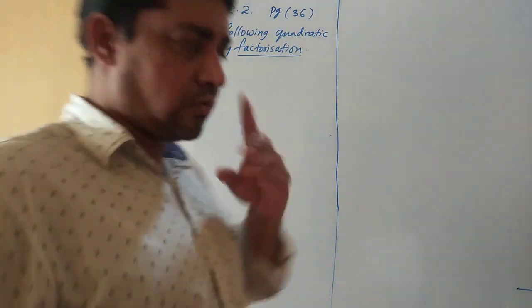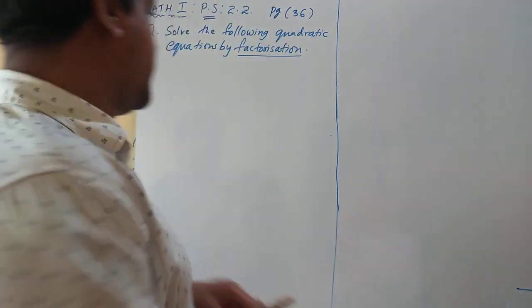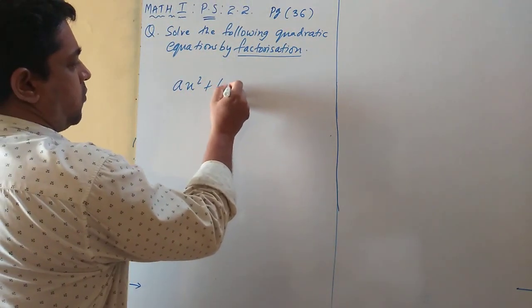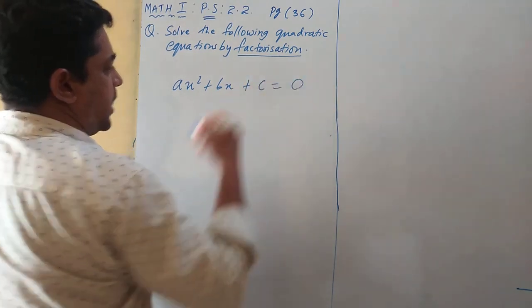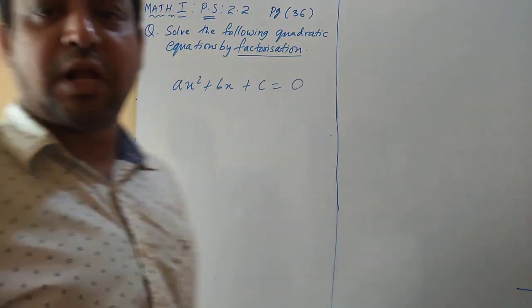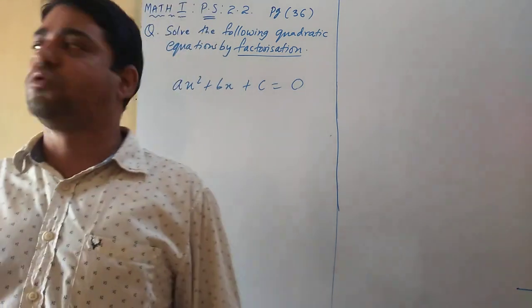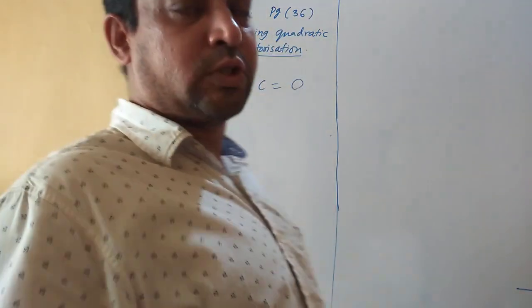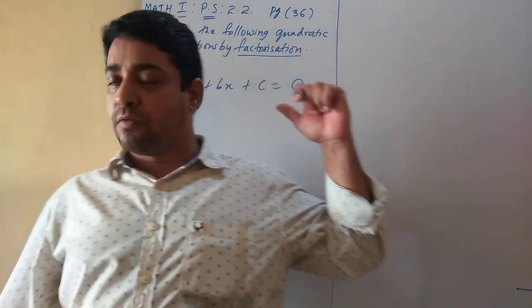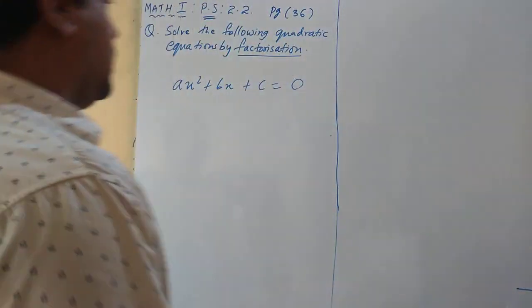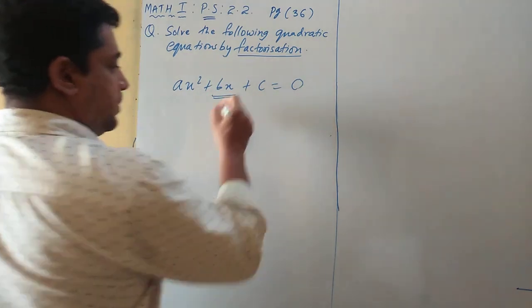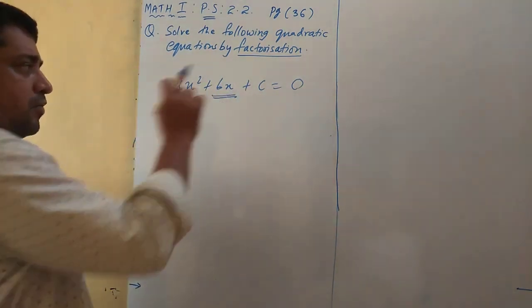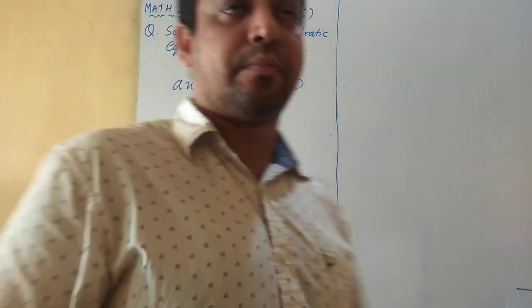Okay, for this I'll go back to the basics, that is your general form of the quadratic equation, which is nothing but ax square plus bx plus c is equal to 0. Here, I'll try to explain what we have to do. The first two steps I'll explain with the help of this standard form. Now here, the middle term is bx. What you will be doing is splitting the middle term.